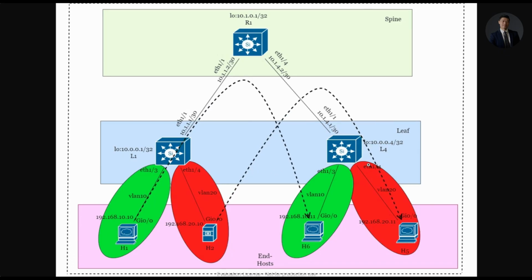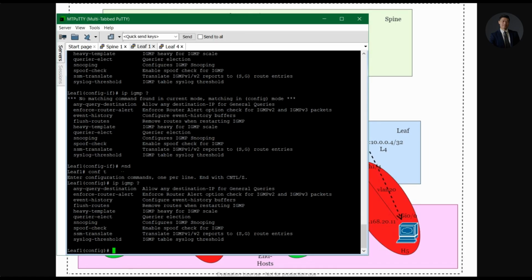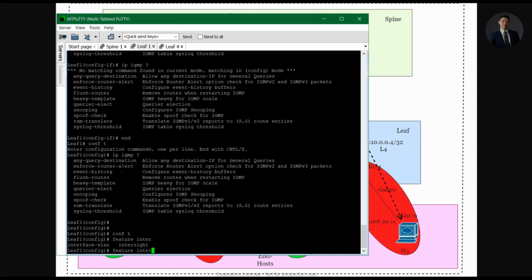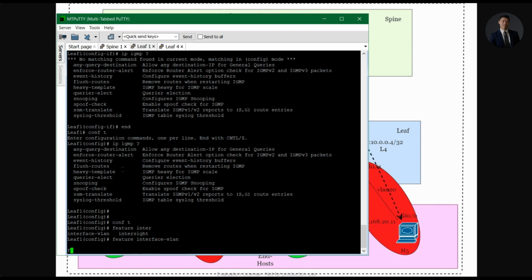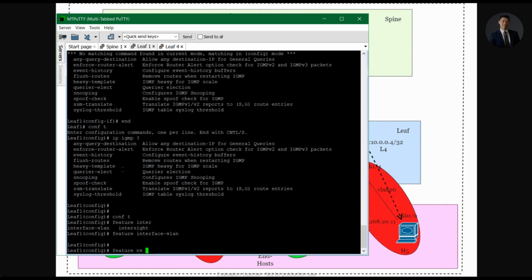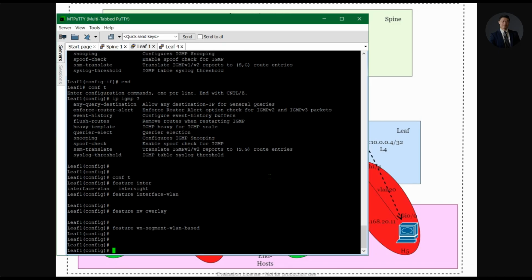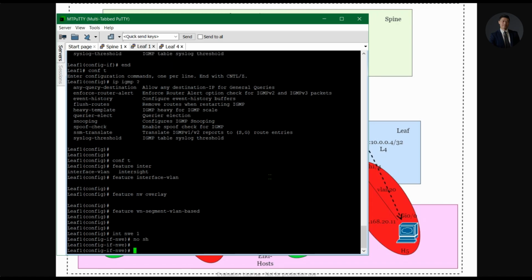So log on to leaf 1. Okay, in leaf 1, what we should do is feature interface-vlan, feature nv overlay, and feature vn-segment-vlan-based for the mapping. When you enable, interface nve1, no shut, source is my loopback 0, member VNI 5010,